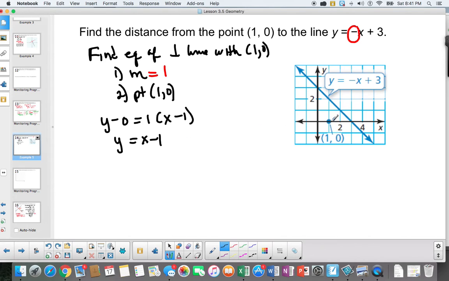And here I am right here at 1, 0. And you can see my slope has to be 1. So up 1 over 1, up 1 over 1, and then I'm going to use my line tool and draw my line. And you can see that they're going to intersect at the point 2, 1. So what I'm trying to say is that this line that they originally gave us and the line that I found